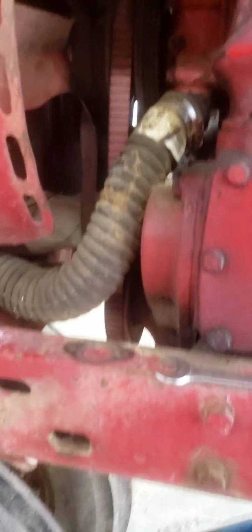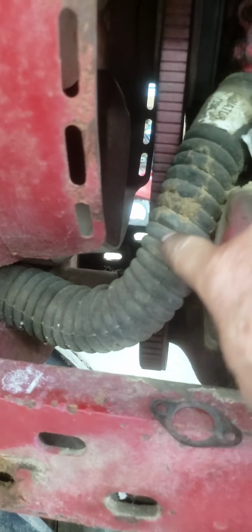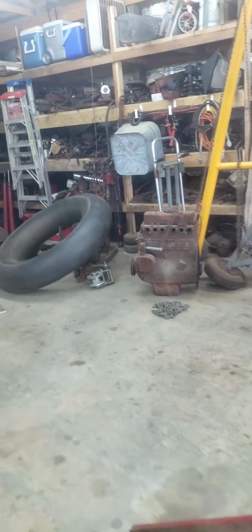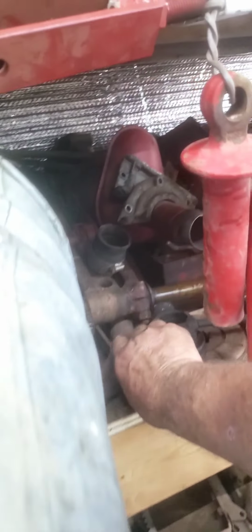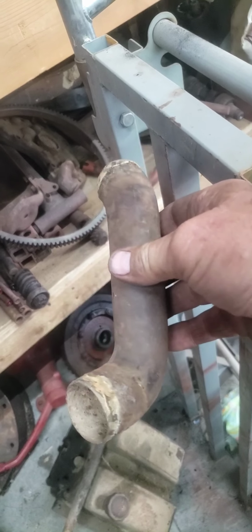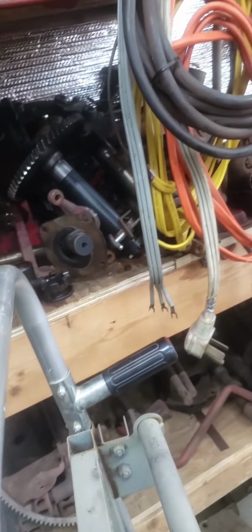Now this right here is supposed to be a section of hose, a piece of metal, and another section of hose. And I've actually got, I was over there looking just a minute ago, I've actually got that piece of metal in question. It's the same thing goes on an H. It's this little gimmick right here. This one seems to be in pretty good shape. I'm not going to condemn it just yet. It might end up getting used. I'm not real sure. We'll find out. I'll give it a little more